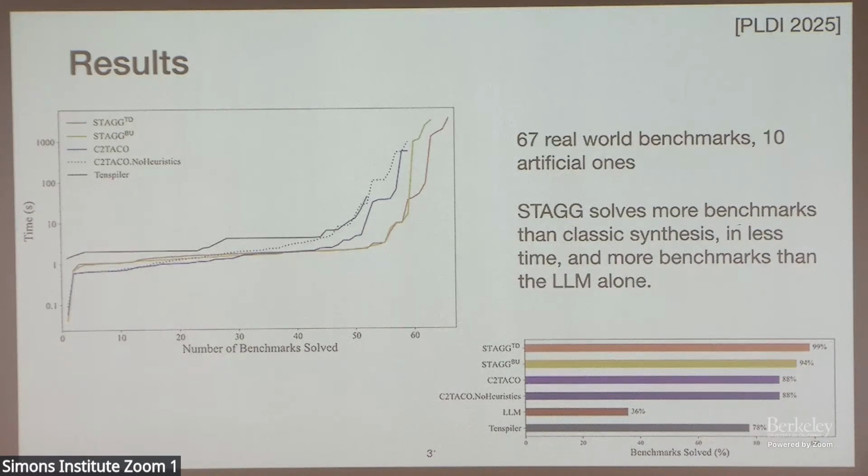Just to check, what was the GPT-4 implementation? Is it just taking samples until you find something? I can't remember what it's pass at, but it's pass at 5 or pass at 10, and it's not doing any sophisticated prompting, so it's possible you could get better results with sophisticated prompting. We're essentially giving it the C program and saying, please give us an einsum expression. Got it. Thanks.